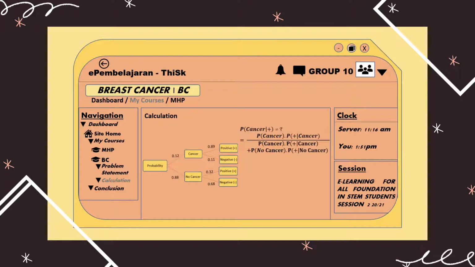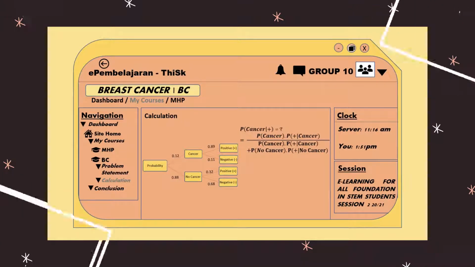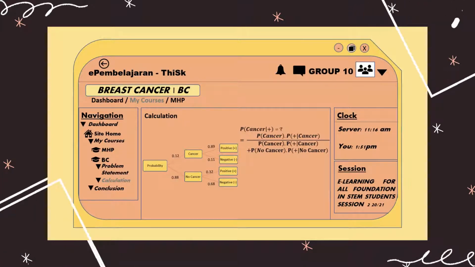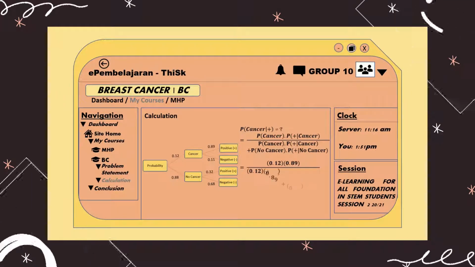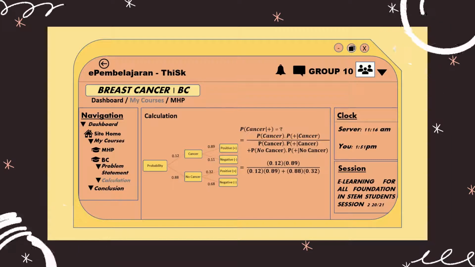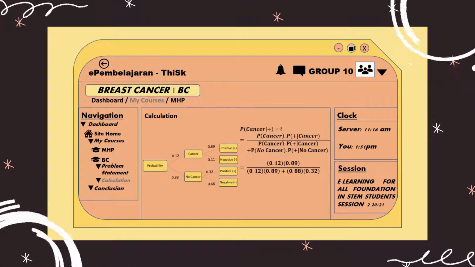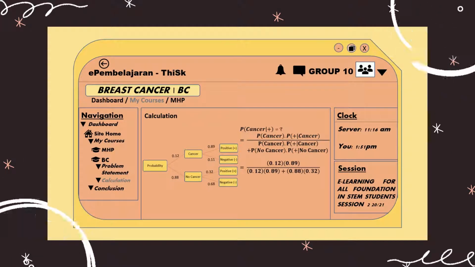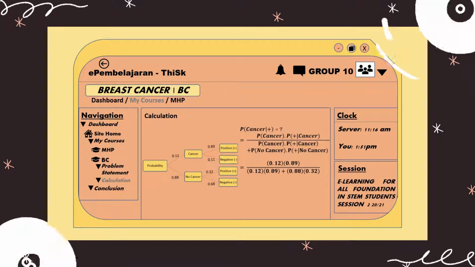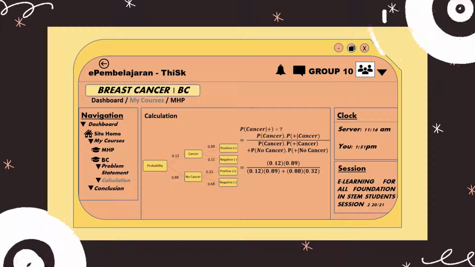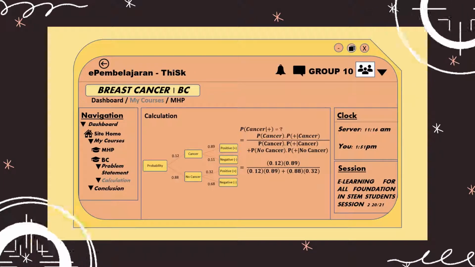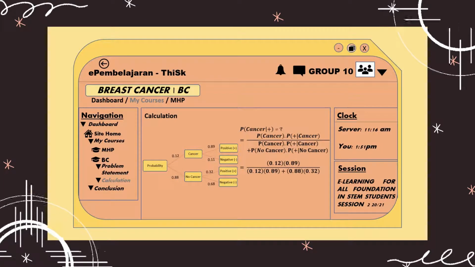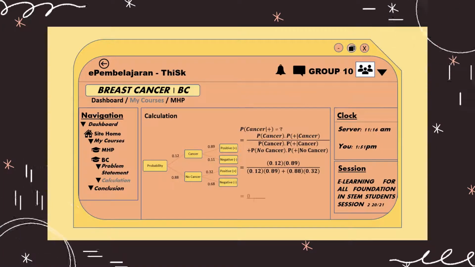Alright, now we just want to fill in these values. So we said the probability that the woman is suffering from cancer is 12% or 0.12, multiplied by the probability that she tested positive given that she actually has breast cancer, which is 89% or 0.89, and divided by the probability that she is tested positive, which is 0.12 times 0.89 plus 0.88 times 0.32, and we'll get 0.1068